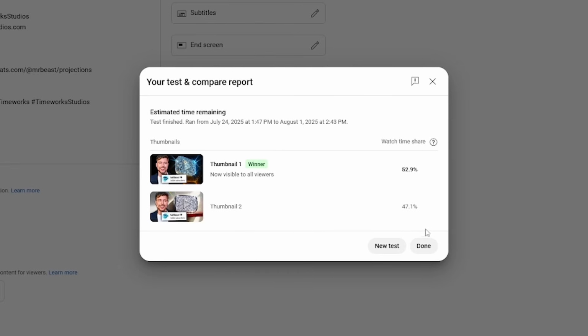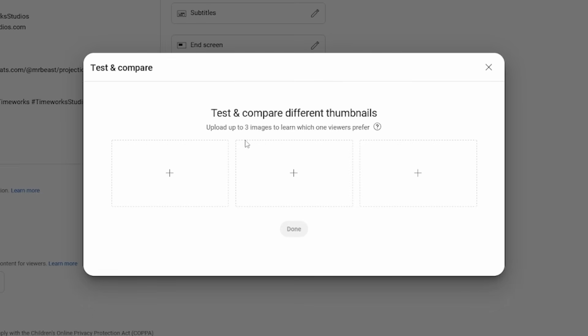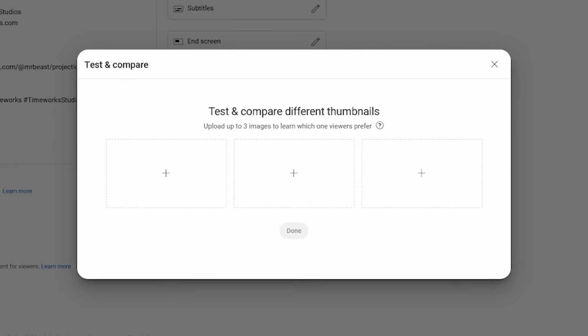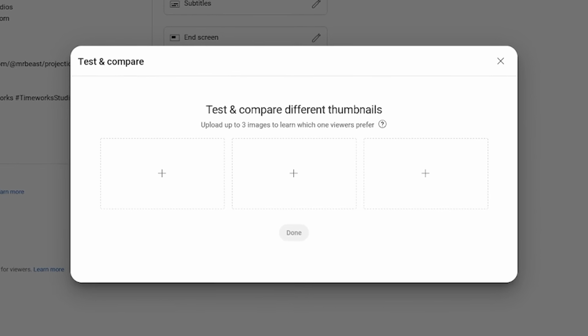Now, the problem is that this feature is only in beta, so I don't have access to it. Only a certain amount of creators can actually use this feature. So on this video, if I do new test, you'll notice here that I do not have the option to do a title only or a title and thumbnail. I just have thumbnails right now. So it's only for certain creators. It's because it's just being tested right now, so it's not officially out yet.